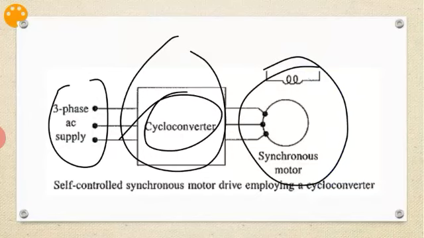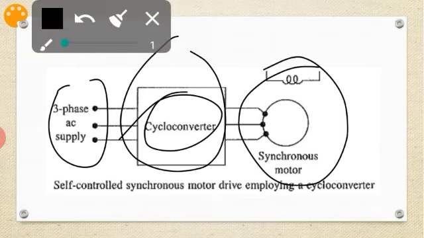The firing pulses are generated either by comparison of motor terminal voltage or by rotor position sensors, as in the case of the drive. One more advantage of cycloconverters is smooth low speed operation. Control has the advantage of smooth low speed operation, four-quadrant operation with regenerative braking, and good dynamic response.